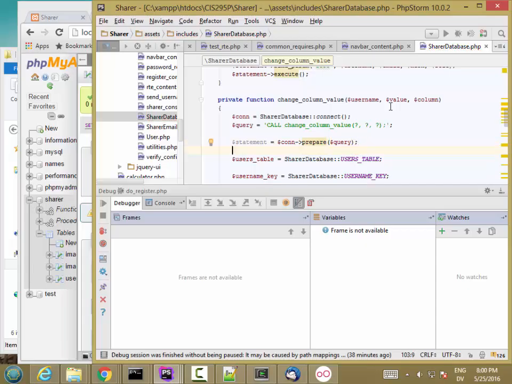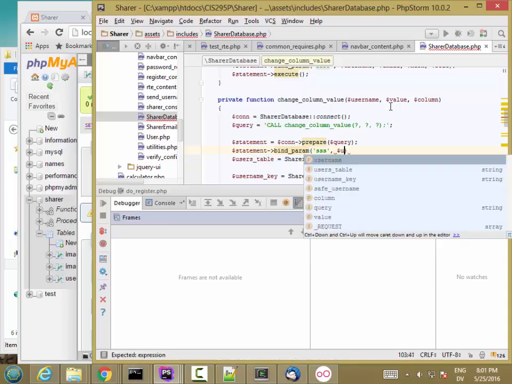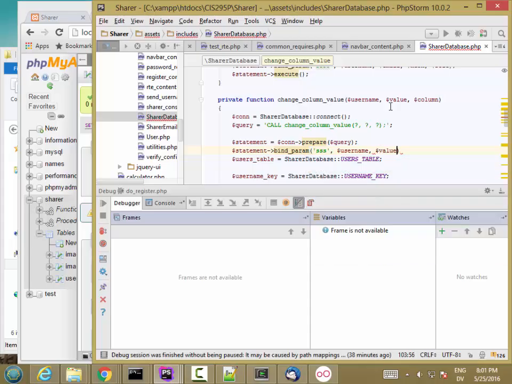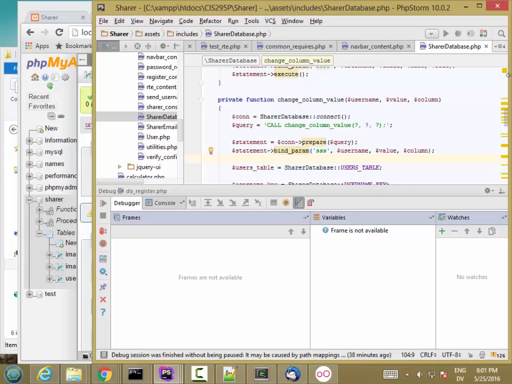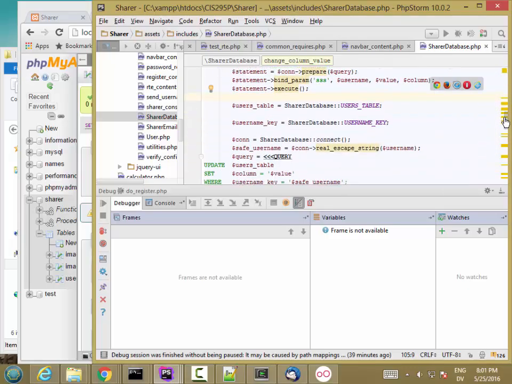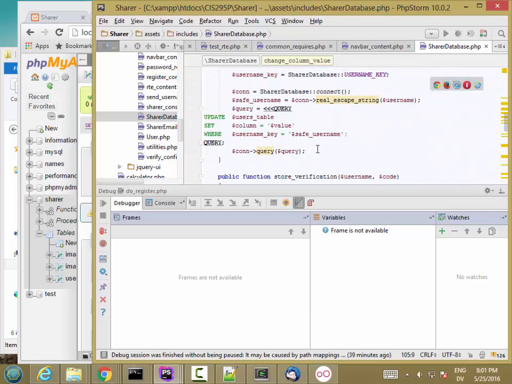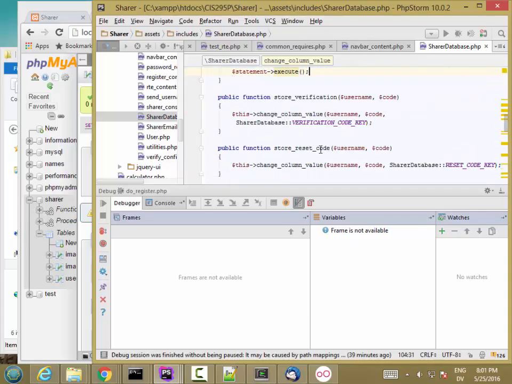And we'll bind so string, string, string, and username, value, column. Then we'll execute the statement. And we don't need to return any value, so that should be it. All right,